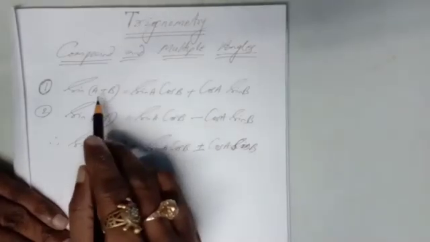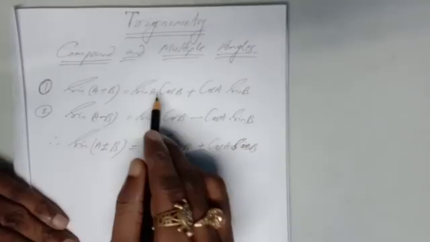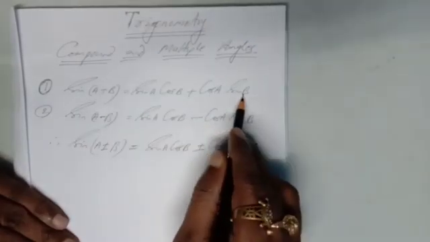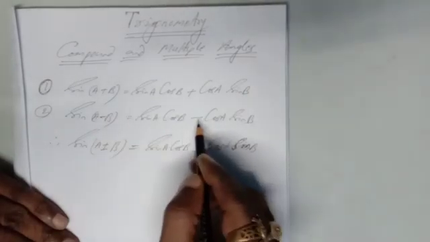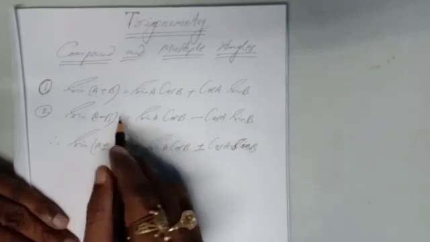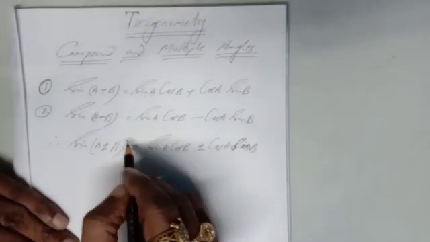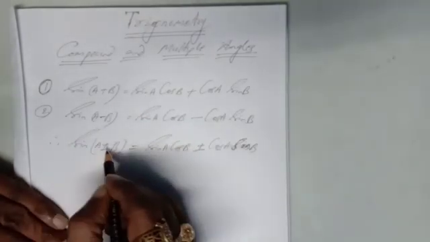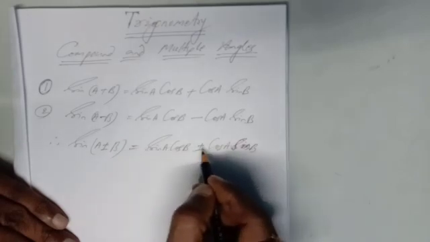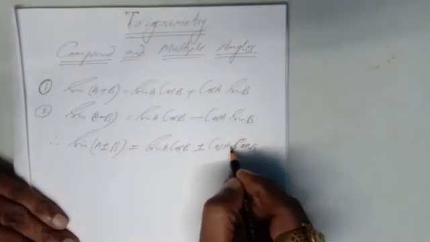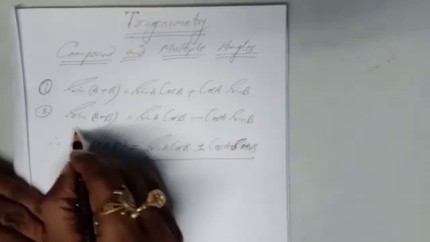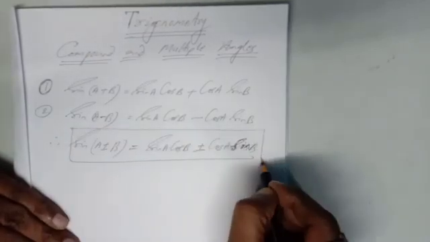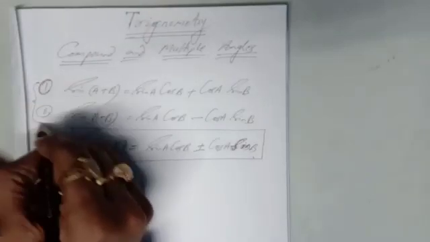As the formula is given, I have told sin a plus b is sin a cos b plus cos a sin b. If it is minus, that means sin a minus b, it is sin a cos b minus cos a sin b. I am writing both the two formulas in single form like this: sin a plus minus b is equal to sin a cos b plus minus cos a sin b. Okay, be careful. The single form represents two formulas. I think it is clear for you.